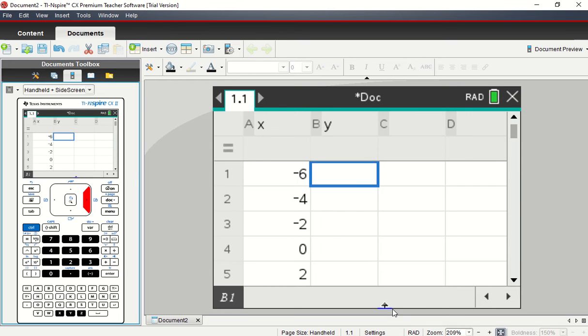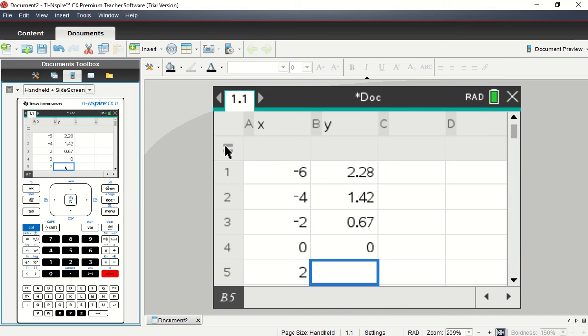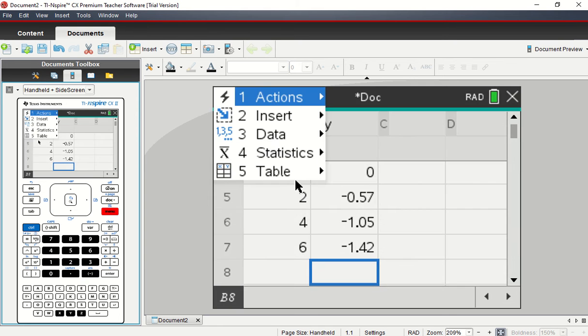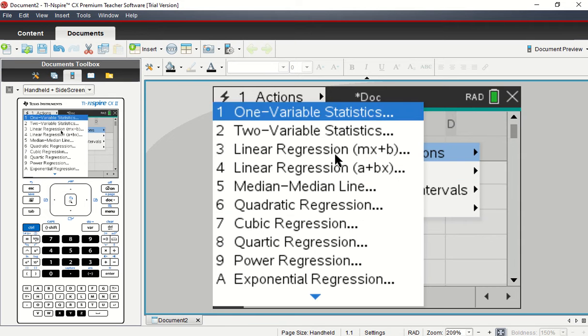All right, and then for the y values, we have 2.28, 1.42, 0.670, and then -0.57, -1.05, and -1.42. Okay, all of our data is in, so now we're going to do menu, statistics, and set calculations, and